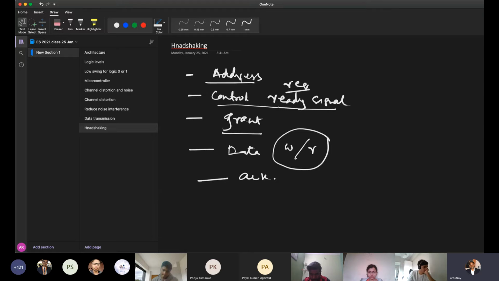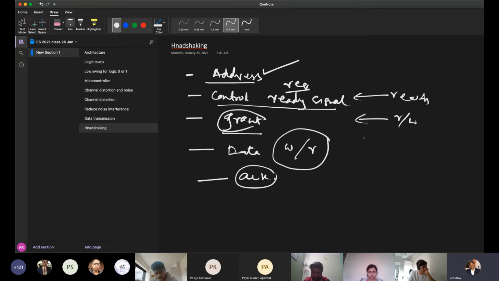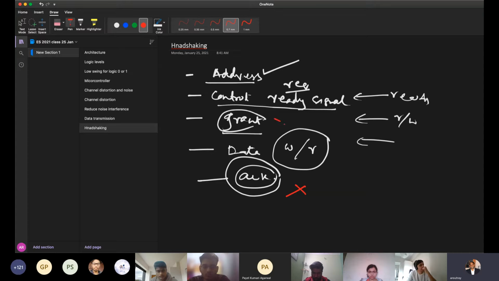Okay. So here sometimes the handshaking is reduced. That means this grant may not be there, acknowledgement is there. Whenever there is an address, a ready signal comes in. Then it is read or write, whatever you send. Then your data can be written. So you can reduce the steps. Acknowledgement may not be required. Sometimes we don't have this acknowledgement, we don't have this grant, just ready. So depending upon the application, the number of steps will change. So this is known as handshaking mode of data transfer.